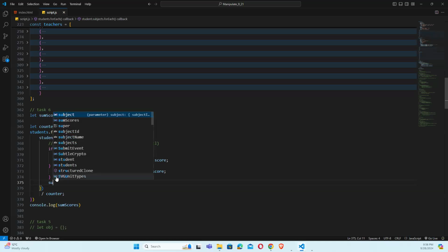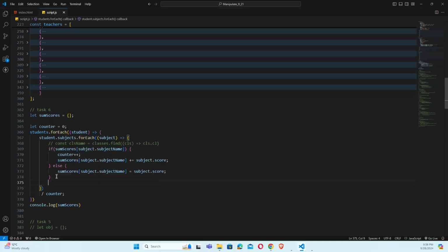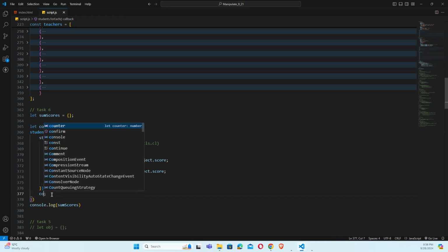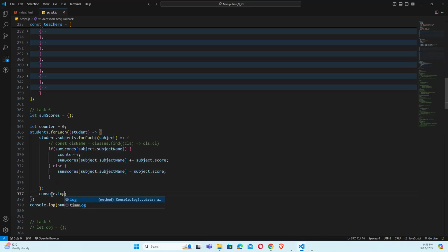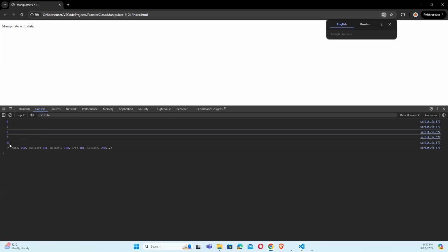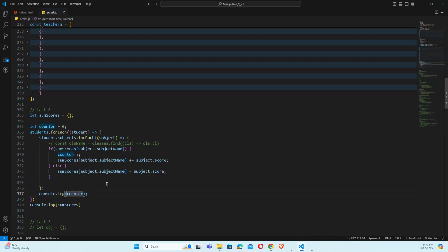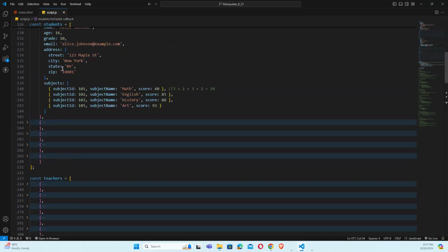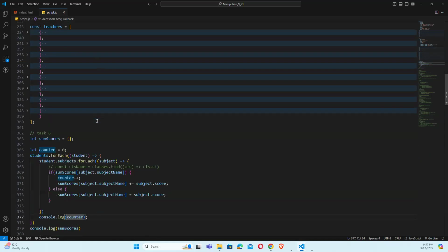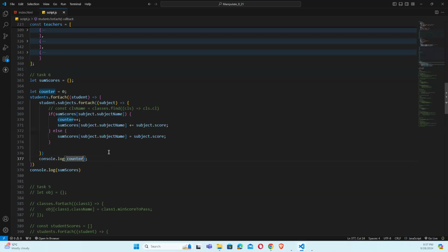Okay. Can you just console.log the counter? I want to see the counter. For me, the counter makes sense. It's just counting all the students. It's not dividing per subject, you see, it's 11. So it means it's just counting how many classes were taken in total, how many subjects were taken. If, for example, here it's 4, right? And if we go to another student, the counter is not going to work here. What I would suggest,